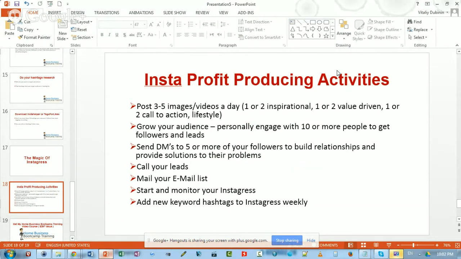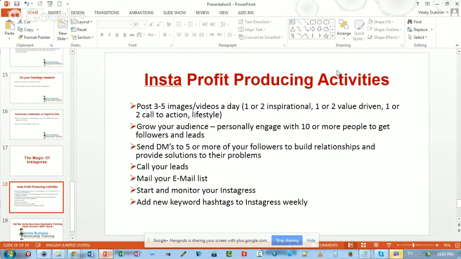At least one inspirational, 1 or 2 value driven. So it can be a screenshot of your blog post or something of content that you're providing, and at least 1 or 2 call to action images. A call to action to a webinar, to a wake-up call, or to a capture page, and sprinkle in some lifestyle images, but don't do it too much.